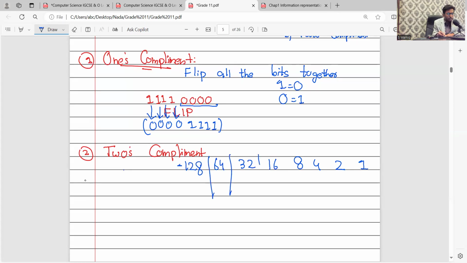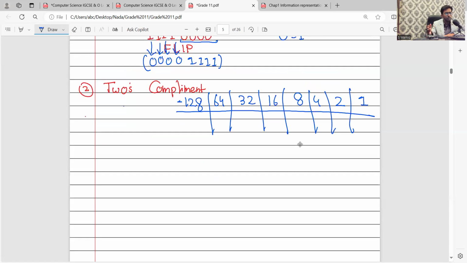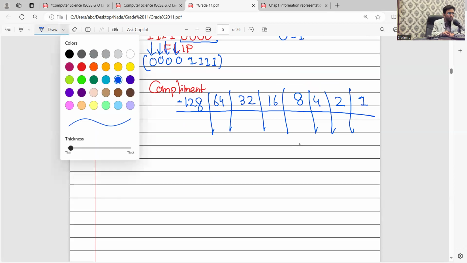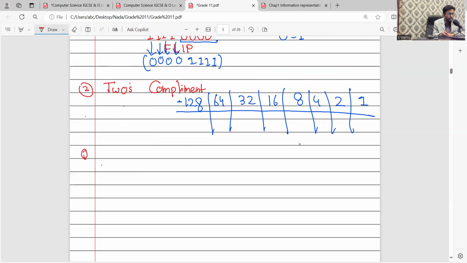So this is basically a number series for two's complement. And what two's complement helps you with is that it helps you convert a negative term into a binary. So for example, if you have a question in your exam that using two's complement,